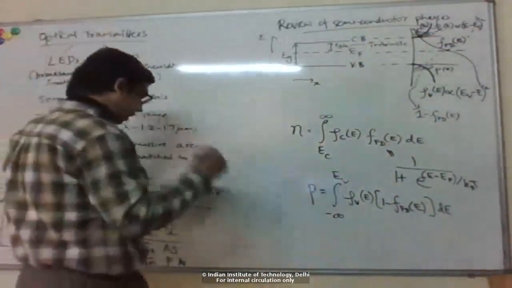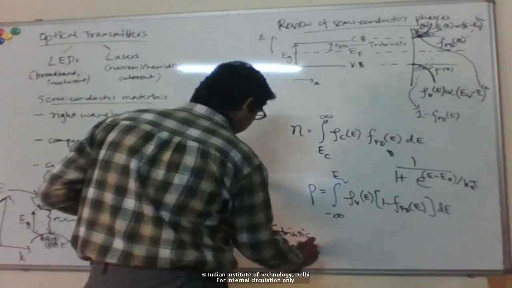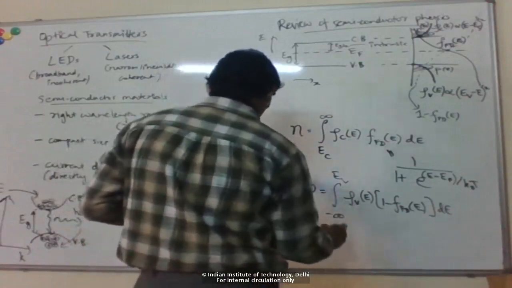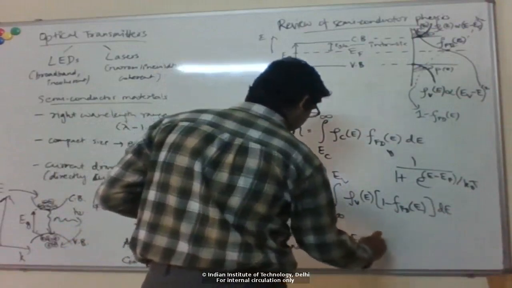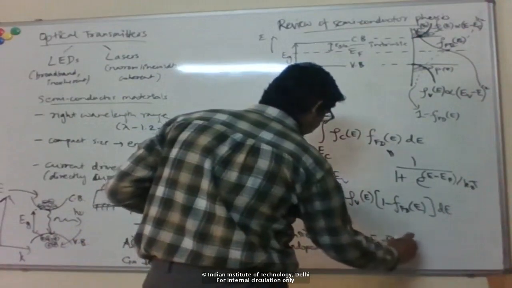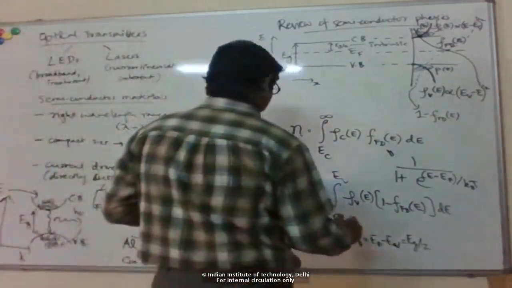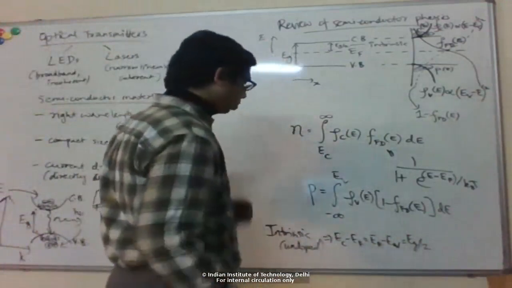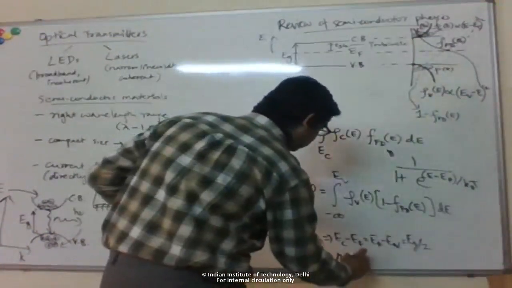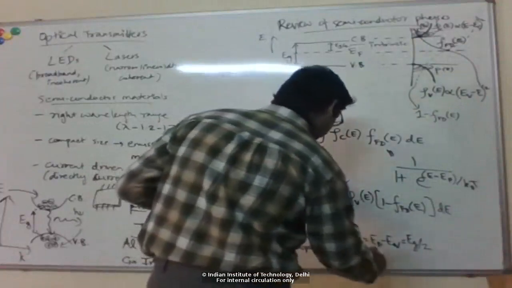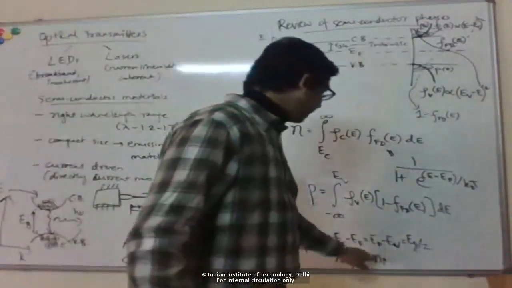So that's doping. But if you take an intrinsic semiconductor, undoped, then EF lies in the middle. And so from here you can see that n will be equal to p, because now this is symmetric about the middle. So in an undoped semiconductor, we have an equal number of electrons and holes, which is given by the intrinsic concentration,